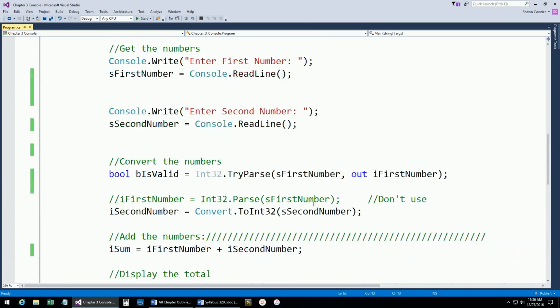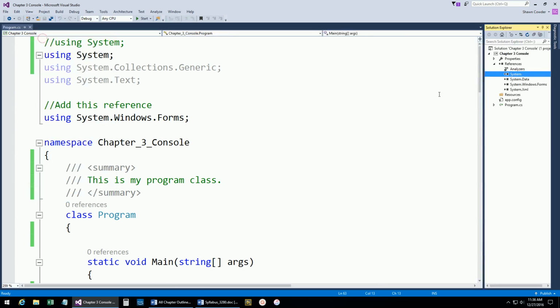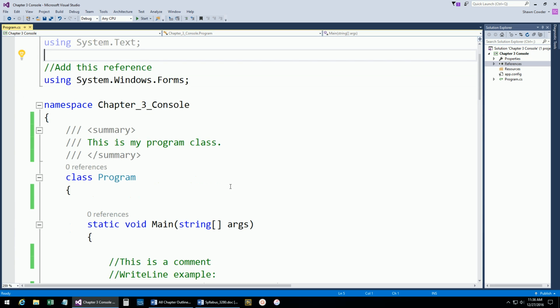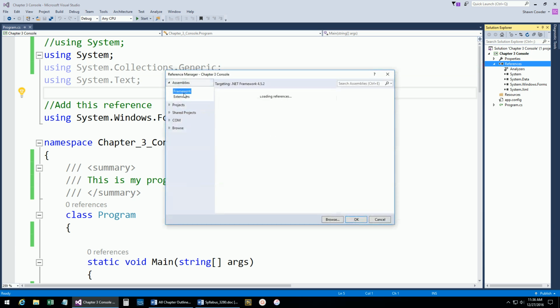Now what you probably didn't realize here is I did something kind of tricky. If I come back to my Solution Explorer, the type of project here is actually a console program. So it should just run at the console, right? It wasn't, but I'm still using a message box. So how did I do that? Well, I had to do two things. I actually had to go to my references, right click, add a reference, and you'll notice my framework comes up here, and it's going to load all the references that I can use inside my .NET 4.5.2 framework. And one of the references I clicked on was